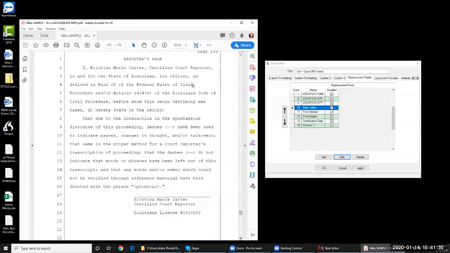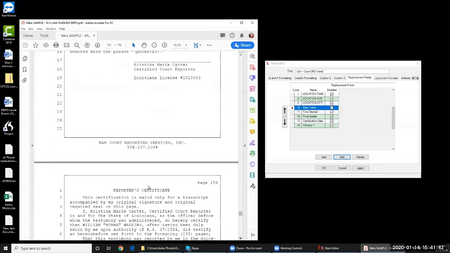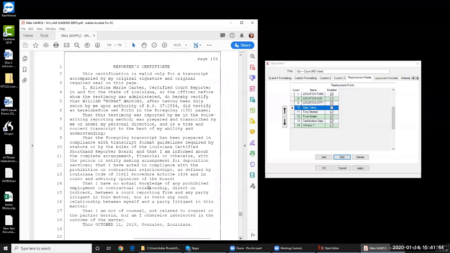So I want to make sure there's nothing in here that I need a field for. Nope, nothing there. But here I've got a certified date. So certification date is there. And I have a witness field, probably because of this, William Bubba Watkins, so that I can put the witness in there. Sometimes I put